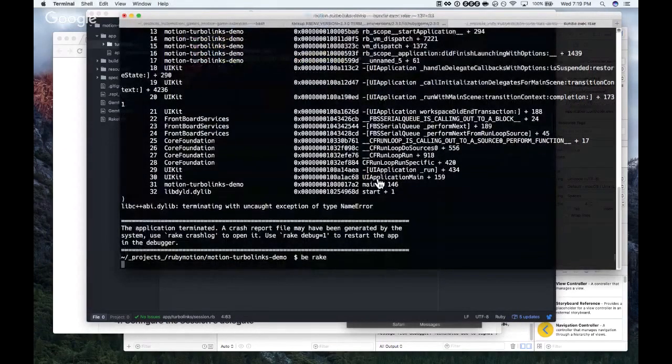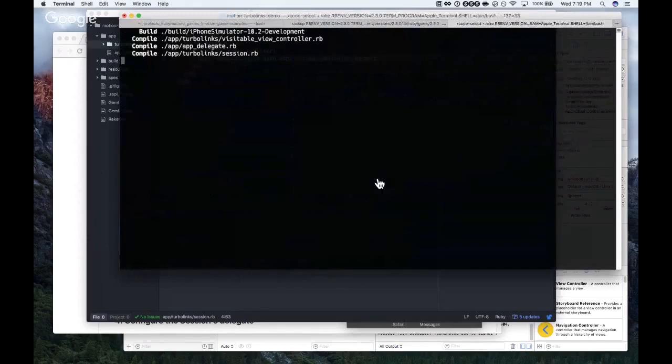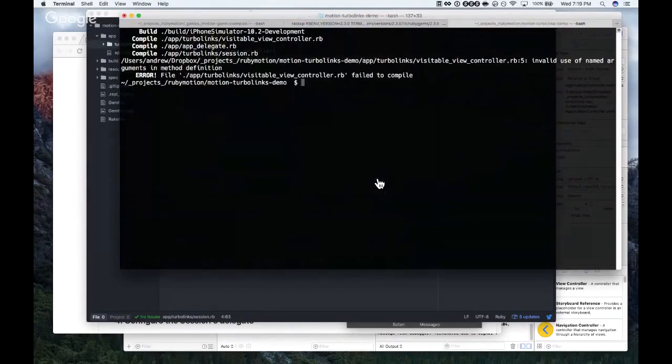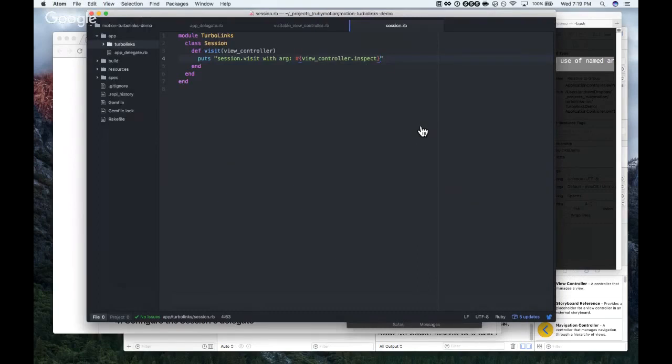So if I run this again. Uh-oh, failed to compile. Invalid use of named arguments in method definition. Okay, there's our answer. So that's not the right syntax. It might be because initialize is pure Ruby and it doesn't allow it.